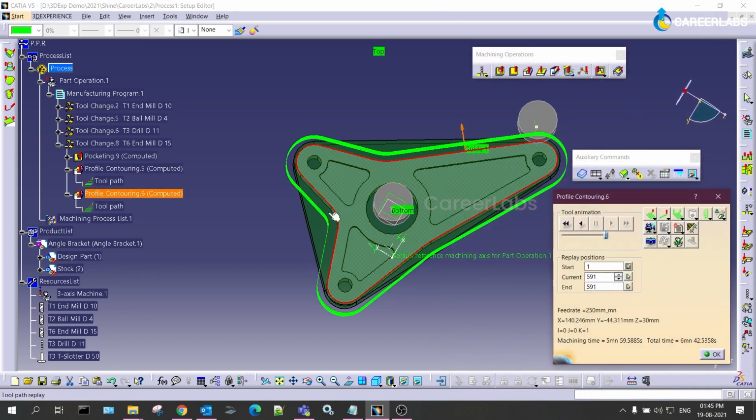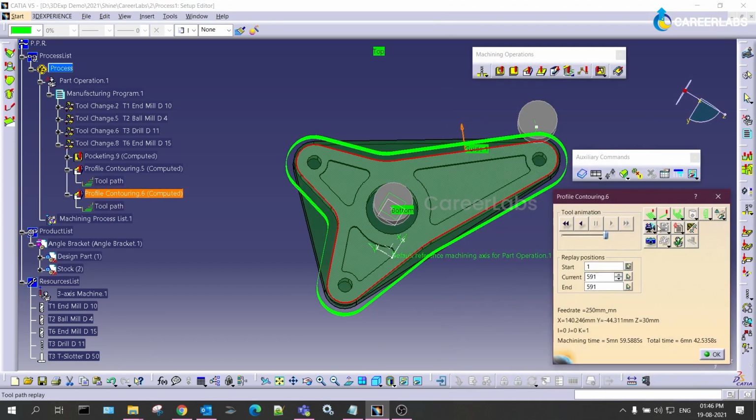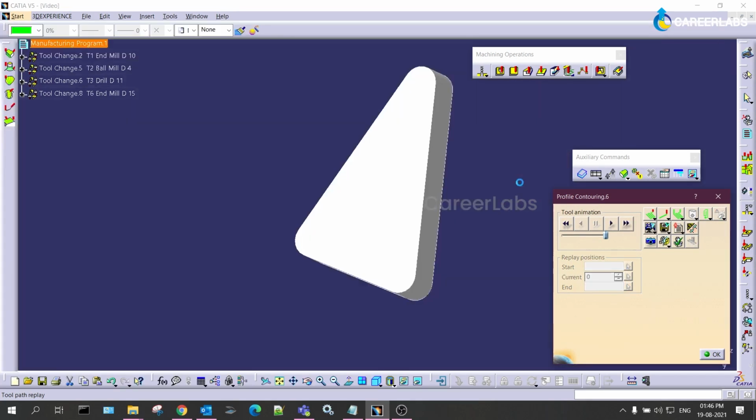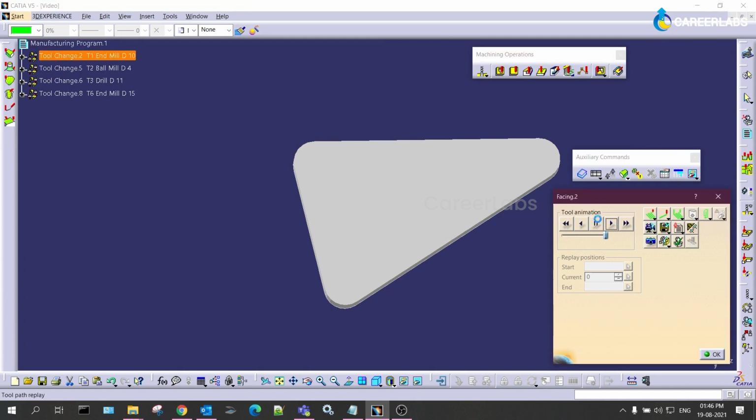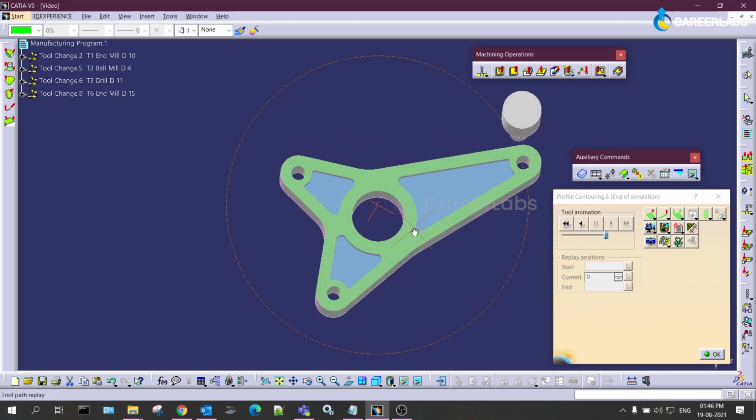So this is how we need to strategize the programs. So let me run the entire simulation. Now we cannot see any bits of the rough stock available. So this is the final finished component.